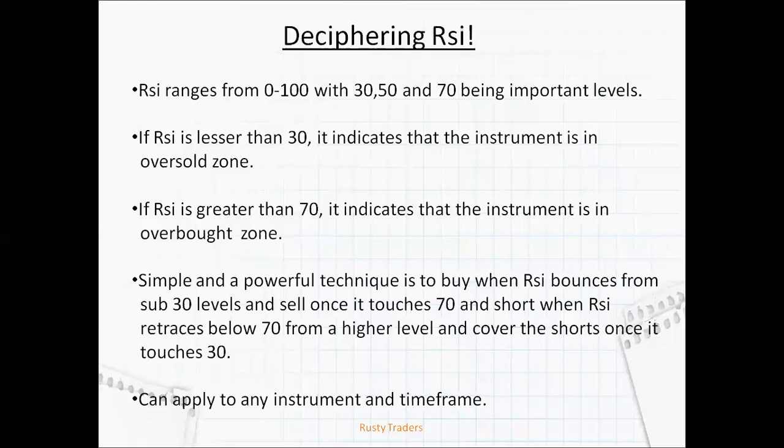Similarly, you short when RSI goes from 70, let's say 65, 68, 70, 75, 78, any level above 70, you do not enter the short there. You allow it to go up, and then once it comes down below 70 after moving up, let's say it went from 65, 68, 72, 75, 78, then it again came down to 75, 70, 68. Now you enter the short trade. You do not enter when it was going up. You allow it to retrace back to sub 70 levels, and then you initiate the short, and then you cover it once it touches 30, or you can cover it when it touched 50 or 60 or 65 based on your trading strategy.